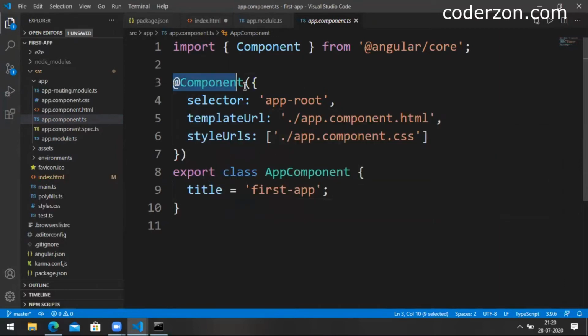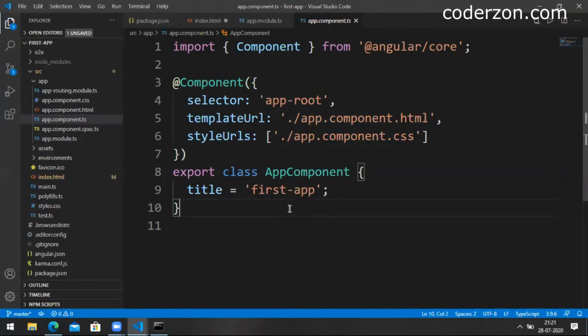there is another decorator called Component, and in this Component decorator we can see a selector with the name app-root and the templateUrl and the styleUrl.